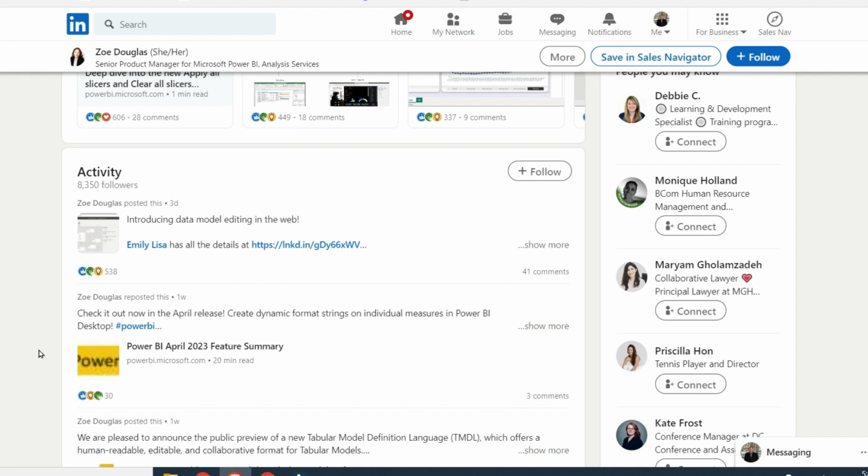Just one thing with activity, try to be active at least once per month on LinkedIn. The reason is that recruiters have access to a feature that allows them to search by people who have been active in the last 30 days. If you haven't been active, then you're not going to show up in those searches. So once every month is fine. And make sure you have those keywords, because that's what recruiters search on and that's what is going to get you shown in search results.